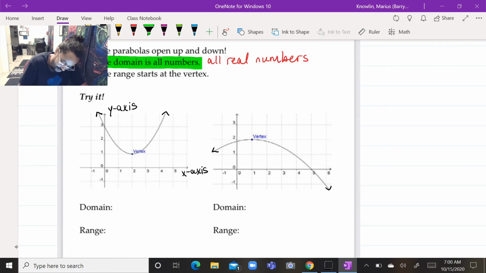And I'm just labeling my X and Y axis. It's always a good math practice habit to label your X and Y axis, okay? So as I'm looking at the domain, they've already helped us out that, hey, for parabolas, the domain is all real numbers. Well, the way to represent all real numbers is to say that the domain goes from negative infinity,